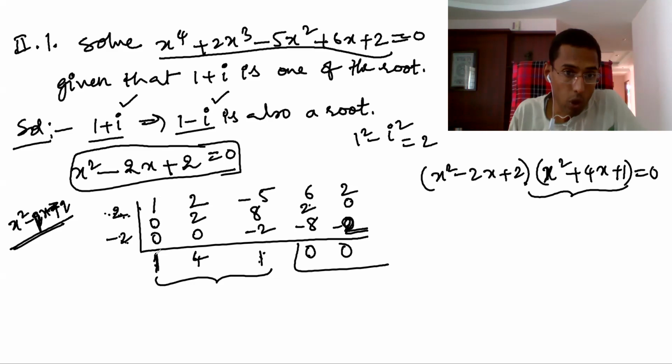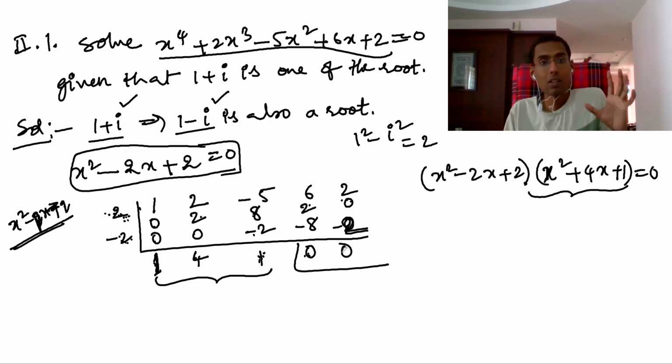So you add, 1 into 2, you put 2 here. This is 0 only. You add 4 to the 8. Before this 4, 1 into minus 2, minus 2. Add 1. 1 into 2 again, above you should write. Before term, 4 into minus 2, minus 8, you should write here. Add 0. 0 into 2, you should write up. Then before term, 1 into minus 2, minus 2 should be written. This is the remainder. Because we are dividing a fourth degree with a second degree, the remainder should be linear. Whenever we divide with a quadratic, the remainder must be linear. That's the reason you got 2 zeros.